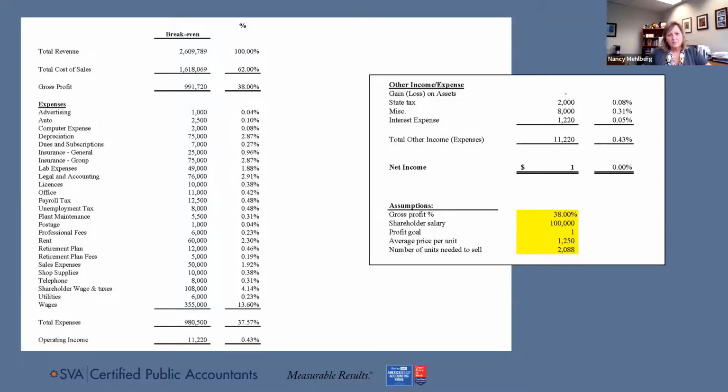So what this does is once you put your operating expenses in, you have your profit margin, it's just going to automatically calculate what the revenue needs to be in order to hit those marks. In this particular example, it's $2.6 million in total revenue they need to make $1. So that's basically going to be the break even. If their average unit is $1,250 per whatever they're selling, again, this could be a product, this could be a service, then that means that they need to sell $2,088 to break even.